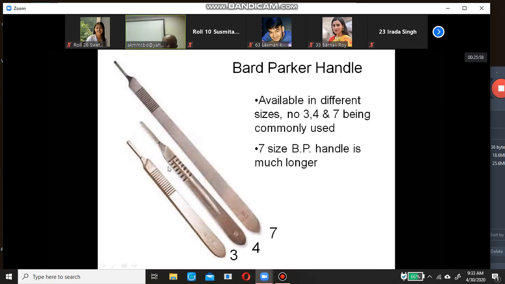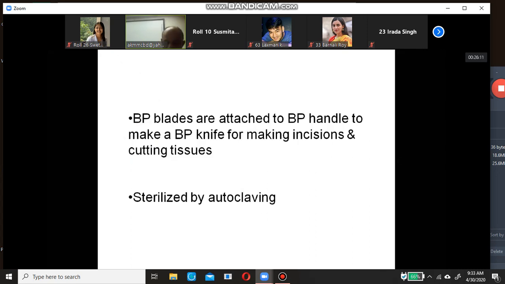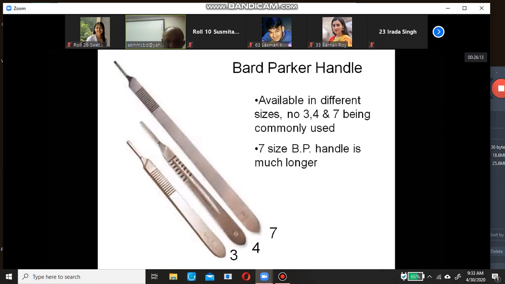Otherwise, for the surface, for the abdominal wall or chest wall or the neck, etc., we use either 3 or 4, only these 2 instruments. Then there are only 2 types of instrument handle, 3 or 4, and 7 is virtually an elongated version of 3.